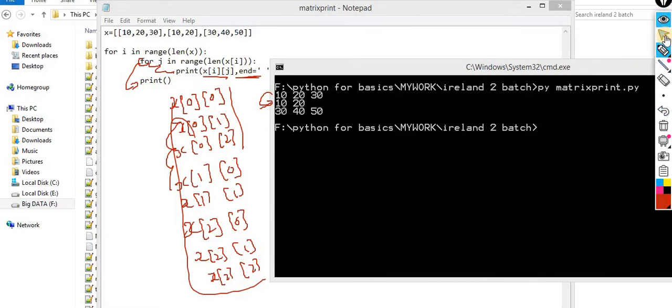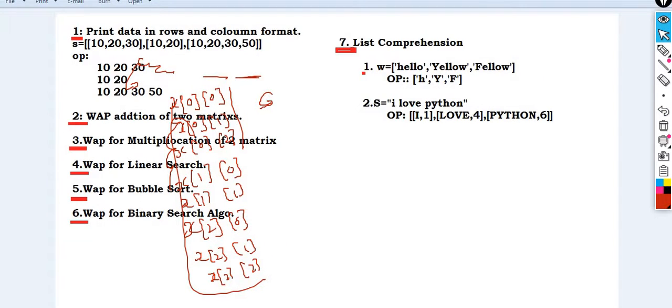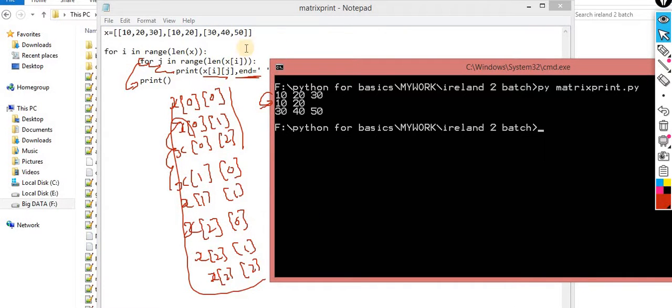What about the next? Addition of two matrices. Two matrices that you are supposed to add. I am writing a code for the addition of two matrices. So what is the mathematics behind that? Row and column. Yes, that's it.